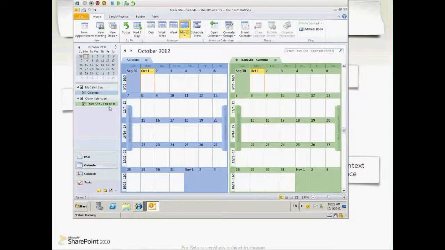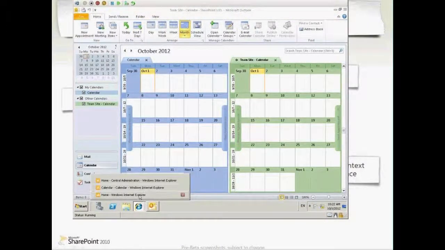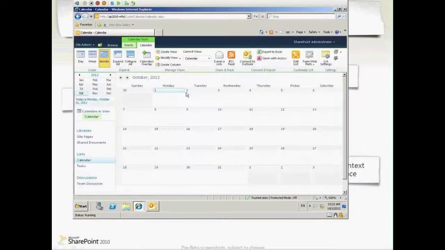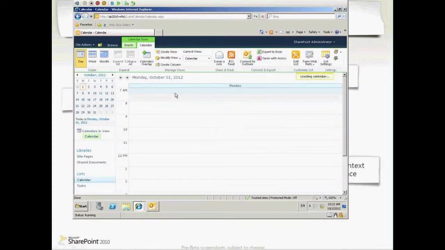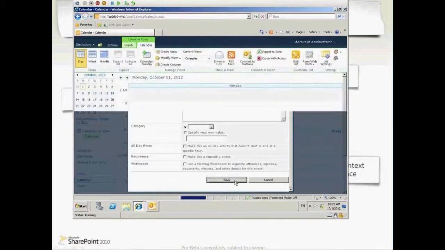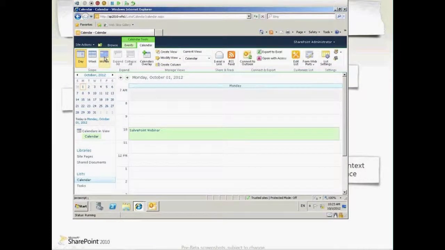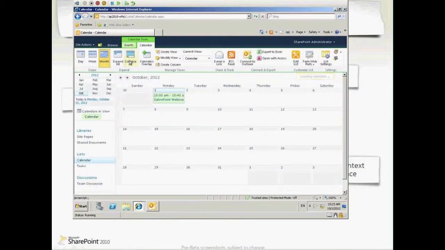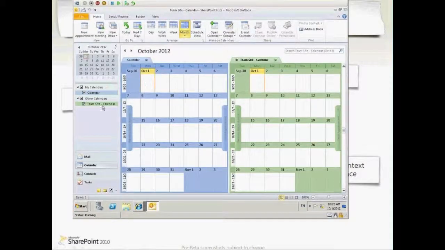Just to show you that these things are actually connected, because there's not much going on here, let me go to the Teams site and add an event. So for today, let's add an event starting at 10, SharePoint webinar, so from 10 to 10:45, 10:40, and save it. It's showing here on my SharePoint site. Go to the month view, and if I go to my Outlook and just do a refresh here,